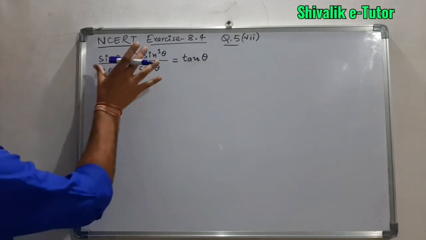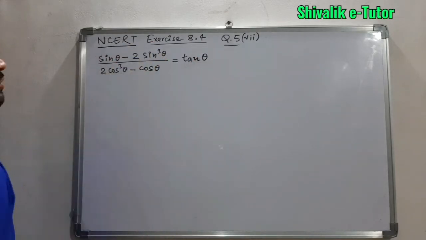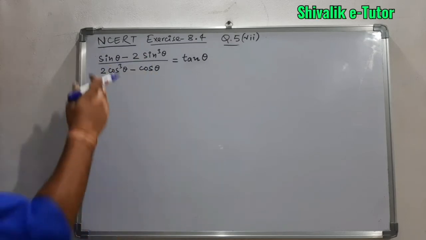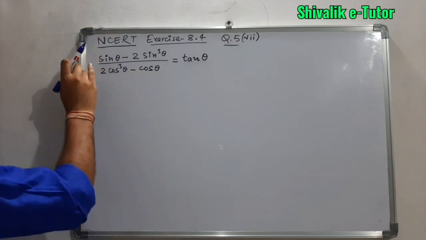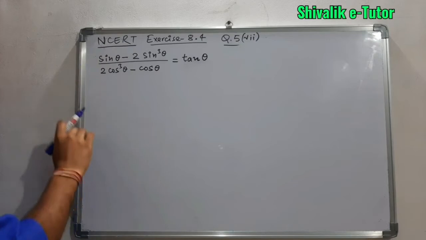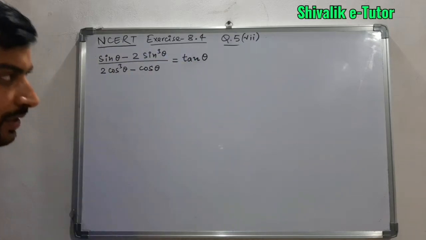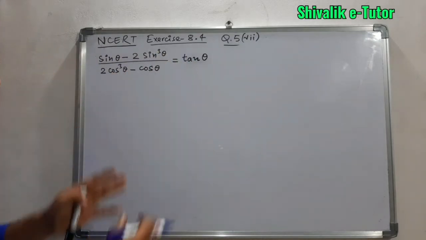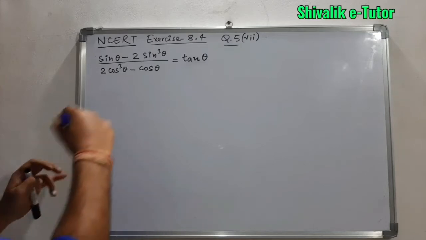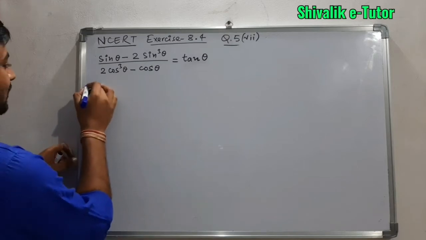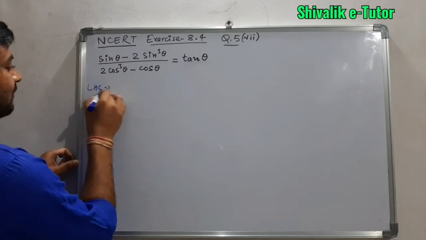Clear cut, in LHS we can take sin common and in RHS we can take cos common, and in LHS sin upon cos can be written as tan theta. Now the question is whether the remaining terms will be equal, so that we can simplify them and get tan theta. So let us start with the same thing. We are taking LHS here.